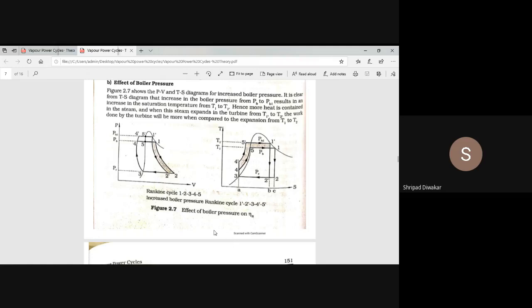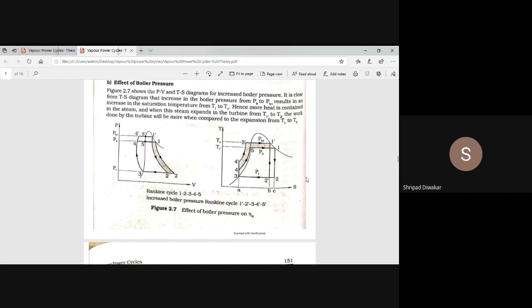Then regarding the explanation part, as I said, when you supply more amount of heat, obviously more heat addition takes place. When the heat addition is more, in that case we'll get more efficiency. With the help of the TS diagram also you can explain. As we studied in the Carnot cycle, the efficiency of the Carnot cycle is 1 minus T minimum divided by T maximum. So whenever the input heat temperature is increased, obviously you will get more efficiency. Here also with the help of the TS diagram we can explain.